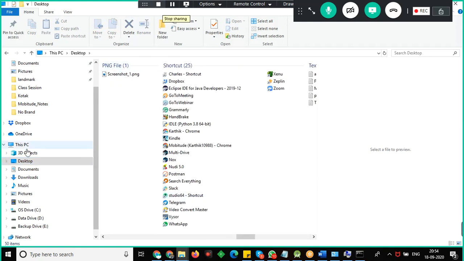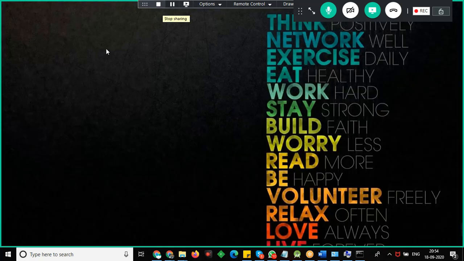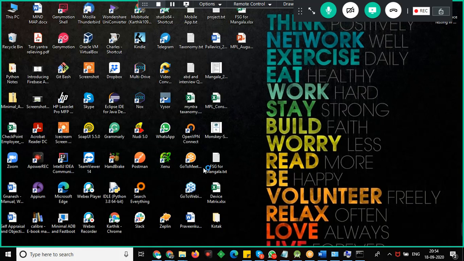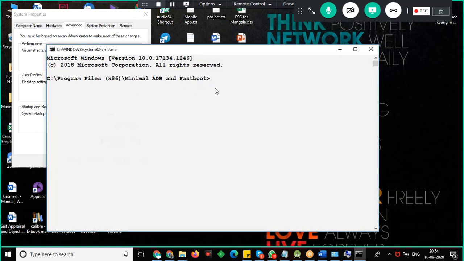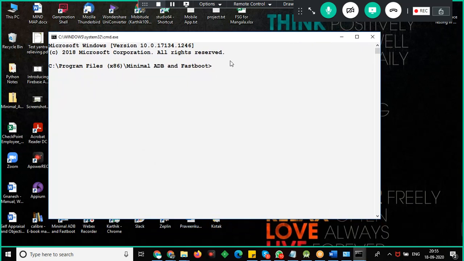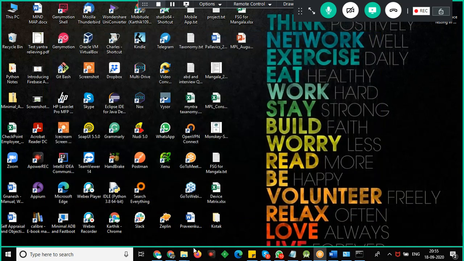One second, I'll show you. Yeah, see here you will get the minimal ADB and fastboot. If you just launch it, it will launch minimal ADB and fastboot. So from here also you can work on the ADB commands, but to work on this minimal ADB and fastboot, you should install the driver as well.